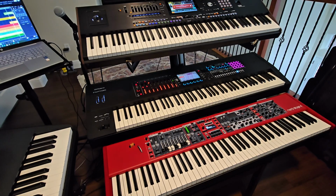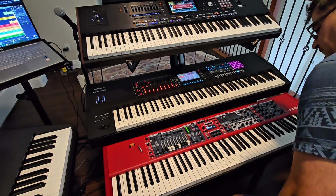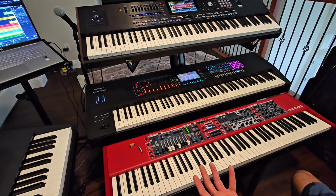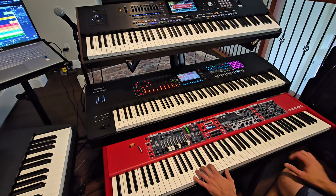So as far as the sound quality, some of the sounds on this are very great. The piano sounds very great. I don't say it's very realistic, but it's been designed to cut through the mix. So when you take it on the stage,